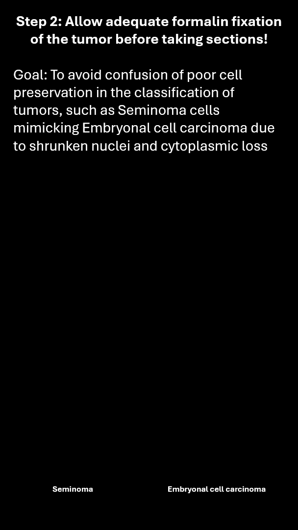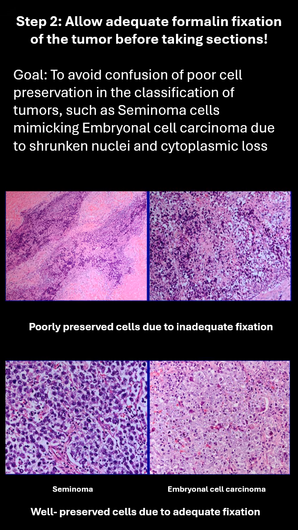Second, always allow adequate formalin fixation of the tumor before taking sections. The goal is to avoid confusion of poor preservation in the classification of tumors, such as seminoma cells mimicking embryonal carcinoma due to shrunken nuclei and cytoplasmic loss. As seen here in this particular example, the fixation is not adequate, and because of that you have